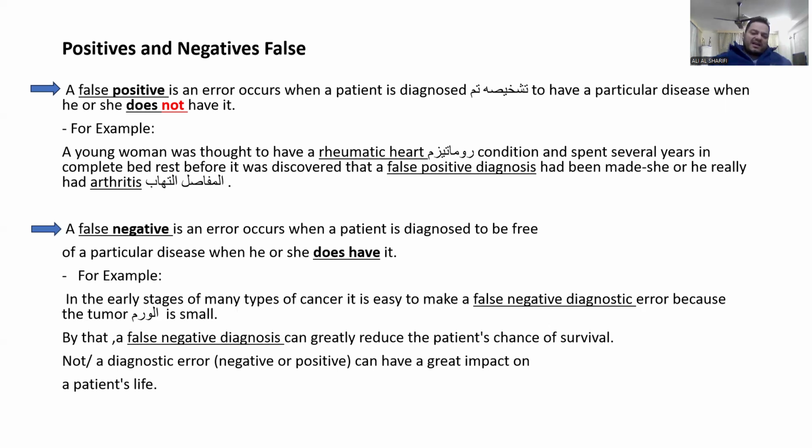The second and last kind of false diagnosis is the false negative diagnosis. It is an error, of course, when a patient is diagnosed to be free of a particular disease when she or he does have it. It's a disaster because many cancer patients lost their lives